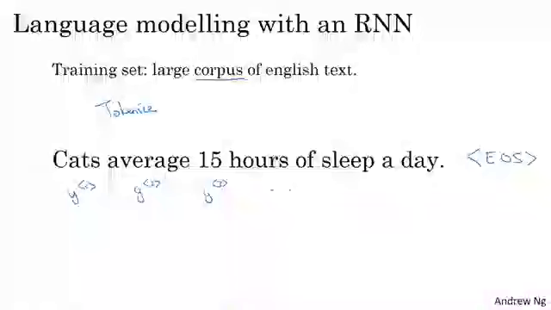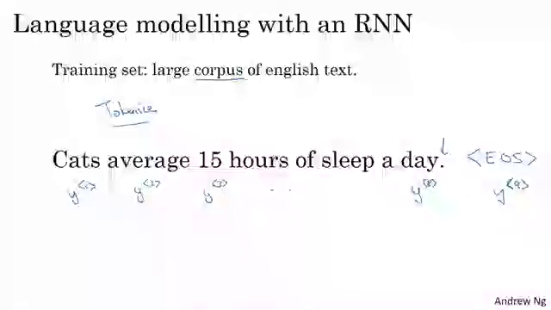And we'll say later where this comes in handy. So in this example, we have y1, y2, y3, 4, 5, 6, 7, 8, 9, 9 inputs in this example if you append the end of sentence token to the end. And during the tokenization step, you can decide whether or not the period should be a token as well. In this example, I'm just ignoring punctuation, so I'm just using day as another token and omitting the period, but if you want to treat the period or other punctuation as an explicit token, then you can add the period to